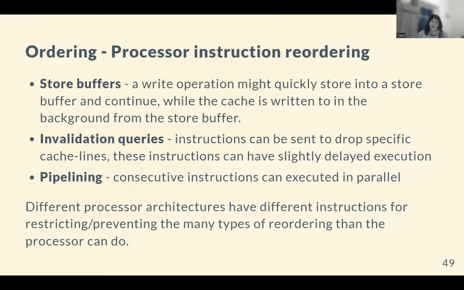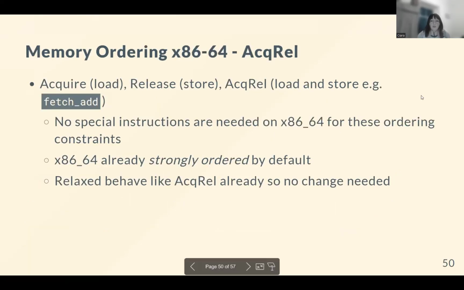And if it's executed in parallel, well, then the order's not guaranteed. And different processor architectures have different instructions that restrict or prevent the types of reordering that the processor might be doing,